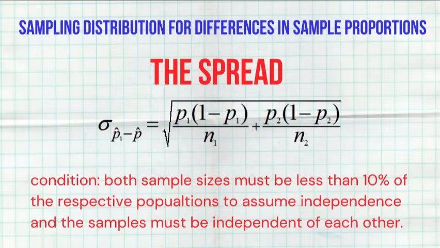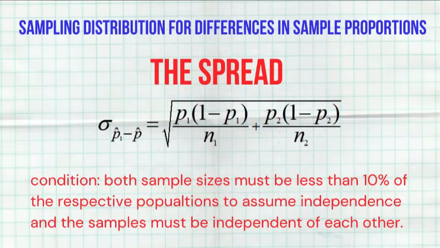Next up is the formula for the spread or the standard deviation. Now, this is the standard deviation of all possible differences between a sample proportion from population 1 and a sample proportion from population 2. A little bit of a tricky formula, but it's given to you on the AP Stats formula sheet, so no need to memorize it. But again, this formula is only going to be usable if we know that these samples are independent of each other. Now again, as long as our sample sizes are less than 10% of the populations that they came from,